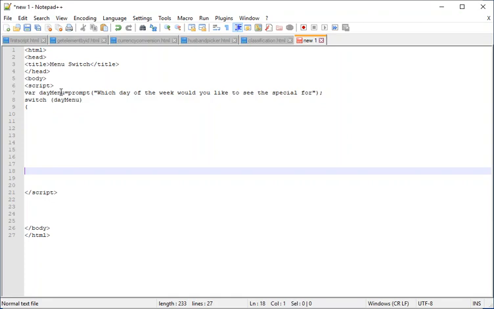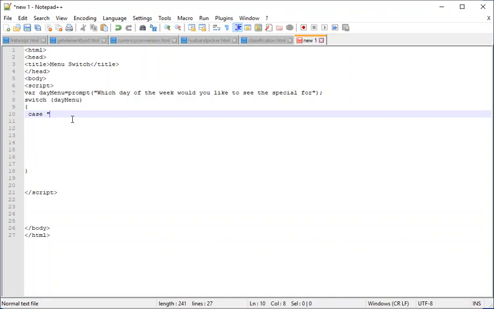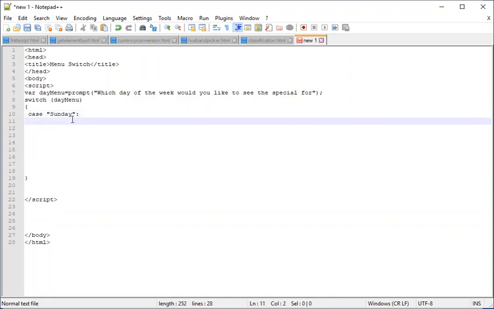I'm going to go ahead and open and close my curly braces so I don't forget to do that. So I'm going to say the first case to look for is going to be Sunday. Now we're going to put a colon, that's the two dots, not the semicolon. And if it matches up, then we're going to say document.write